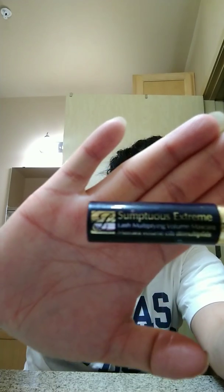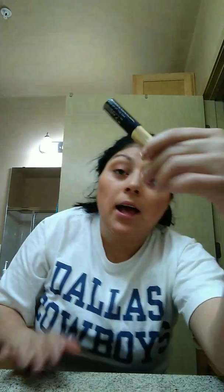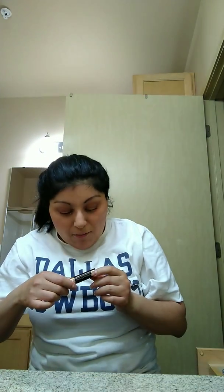Next is mascara. And she uses this Sumptuous Extreme Lash Multiplying Volume Mascara from Estee Lauder. Sorry, I'm trying to make this look good. And she uses the shade Extra Black, or Extreme Black, sorry. So it's probably like their blackest black, I'm not sure. But I've used this a couple times because